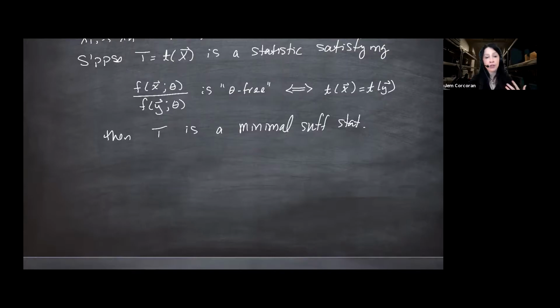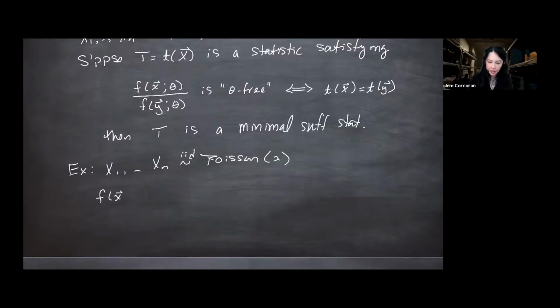That would be how I would show that that statistic, the sum of the x's and the sum of the x's squared, are minimal sufficient. But while I'm here, let's just do something else as well. So how about some IID Poissons with some parameter lambda? So the joint PDF here is e to the minus n lambda, lambda to the sum of the xi over the product of xi factorial,